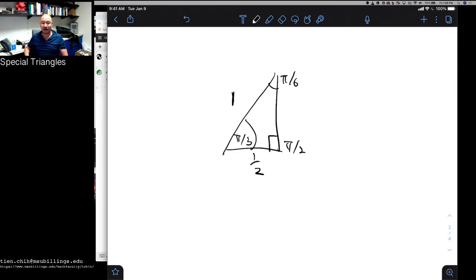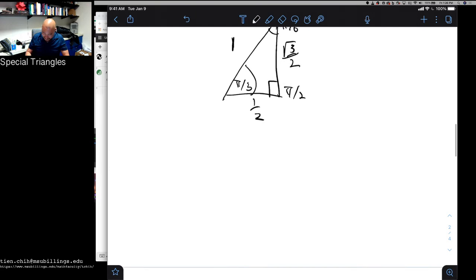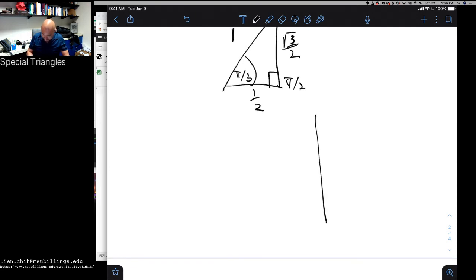I have now that the side opposite the smaller angle is 1/2. And so my opposite side has to be square root of 3 over 2 as well. And so what that tells me is that in my first quadrant,